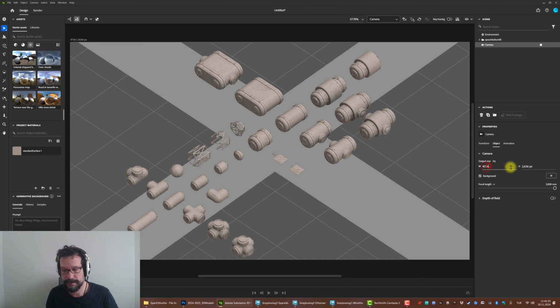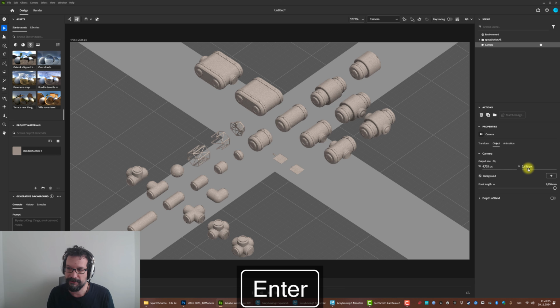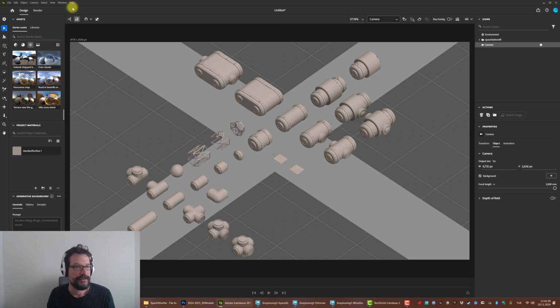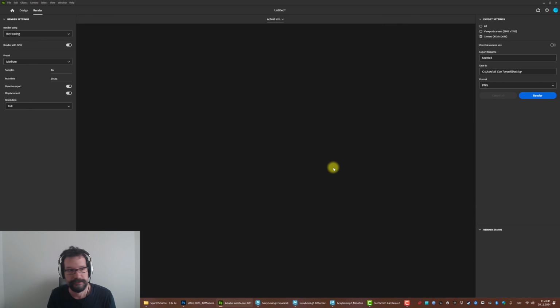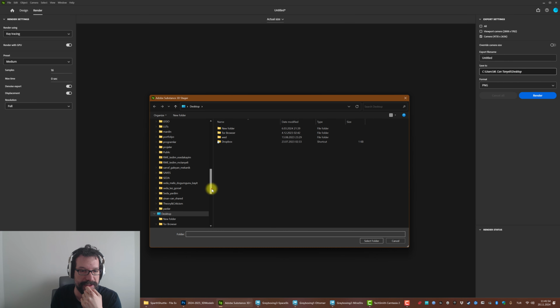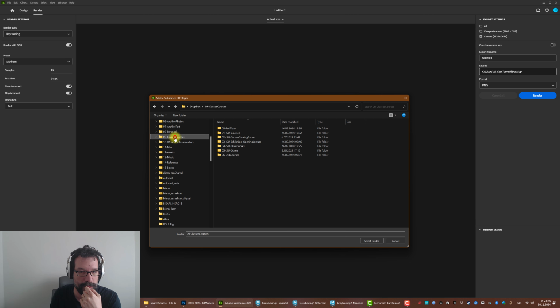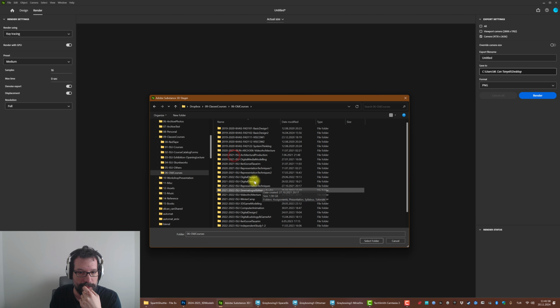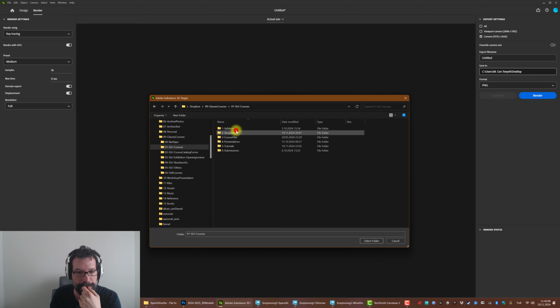Now we have the right resolution. Then we can go to render, and let's do an extremely quick render to see what's going on over here. The way you can do that is, before anything else, we have to set this up. So let's go to,